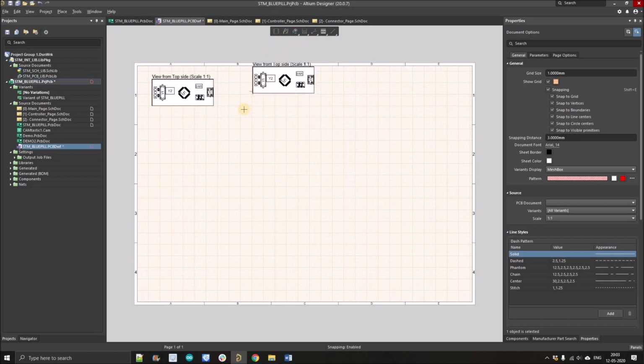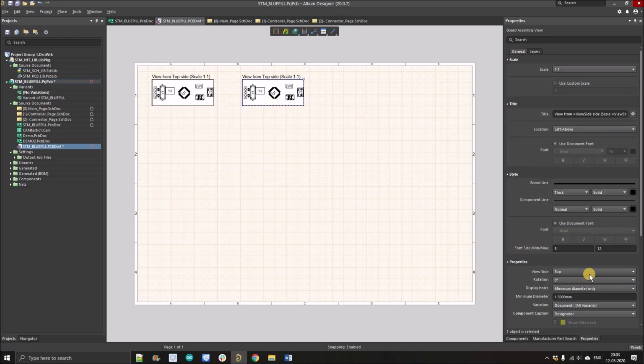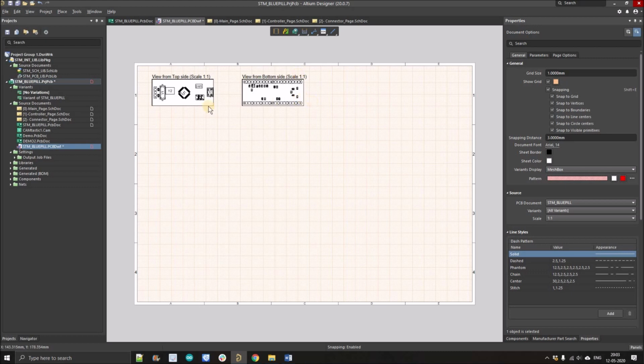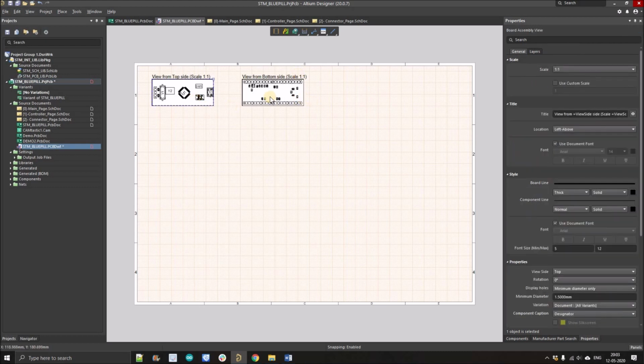Similarly, left click here. So you added one more top assembly view. Now select this one, go to the property section, and from properties select it to bottom. So this is the assembly view of bottom, this is the assembly view of top, right? Now I will show you how you can make it cleaner, so your assembly team can easily pick and place components for both of these views.